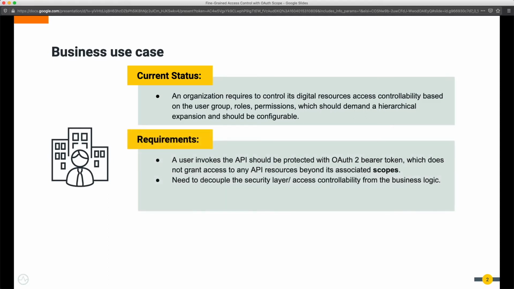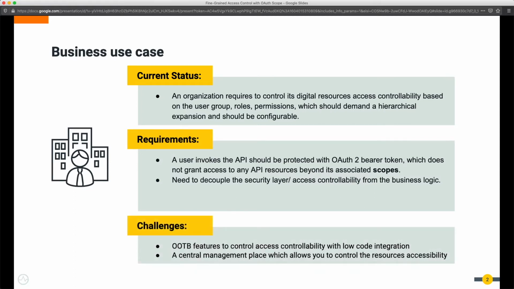If you focus on the requirement, the API should be protected with an OAuth2 bearer token, which does not grant access to any API resources beyond its associated scopes. So the organization looks for out-of-the-box features that enable access controllability with low-code integration, and a central management place which allows you to control the accessibility of the resources.